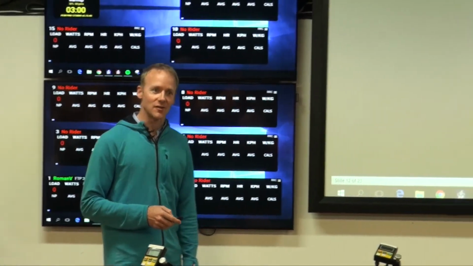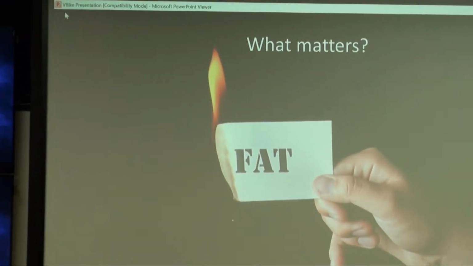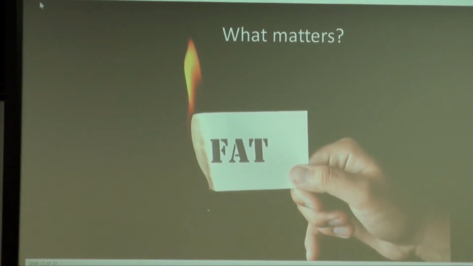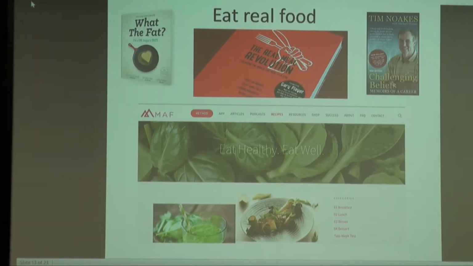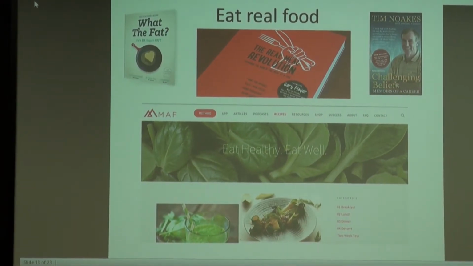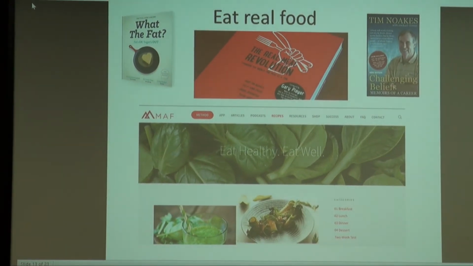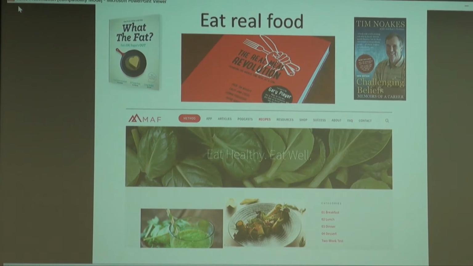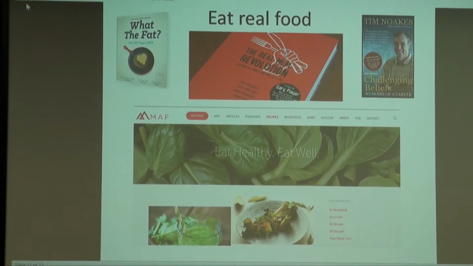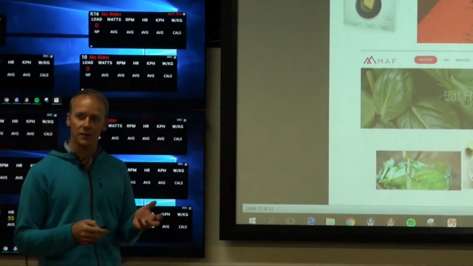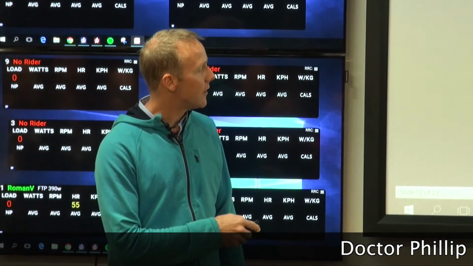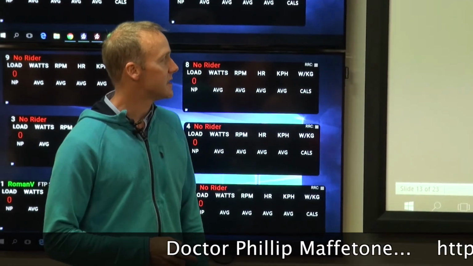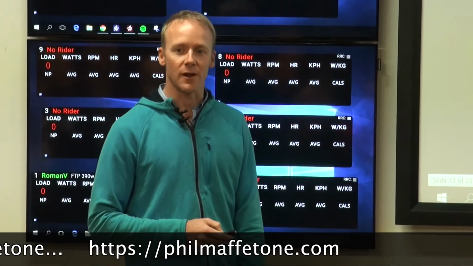So back to what matters: your ability to burn fat is vital, for both your health and your performance. And one of the key concepts was around the diet. There are lots of really smart authors out there right now: Professor Grant Schofield here in New Zealand, Karen Zinn doing What the Fat, Tim Noakes and the Real Meal Revolution over in South Africa, and Phil Maftone as well, my colleague in the States. He's got a great website with an awesome resource, philmaftone.com, so I highly recommend you check that out.